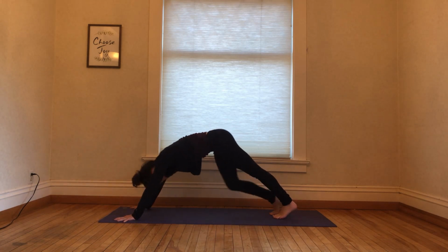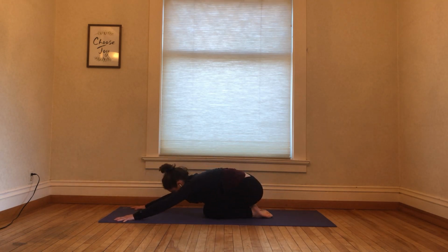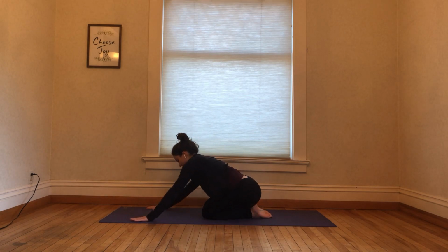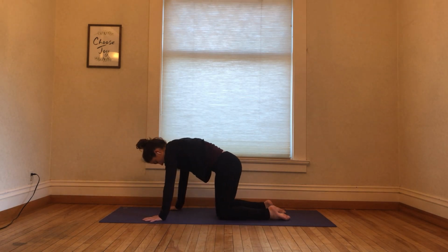Awesome. Dropping the knees. Feel free to take a child's pose for a moment, or you can come up and just circle out the wrists if you're feeling it in the wrists. So take a moment, and then we're going to go to the other side. So starting in our tabletop,